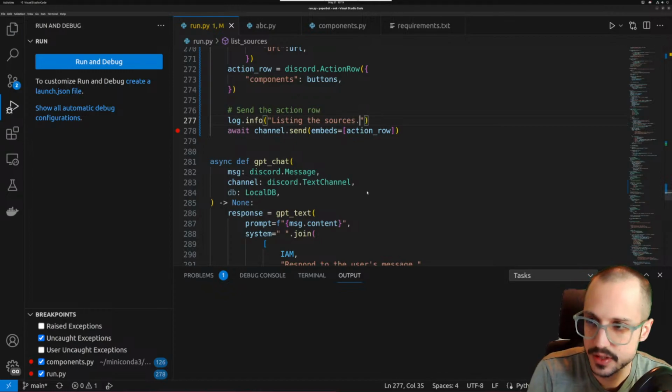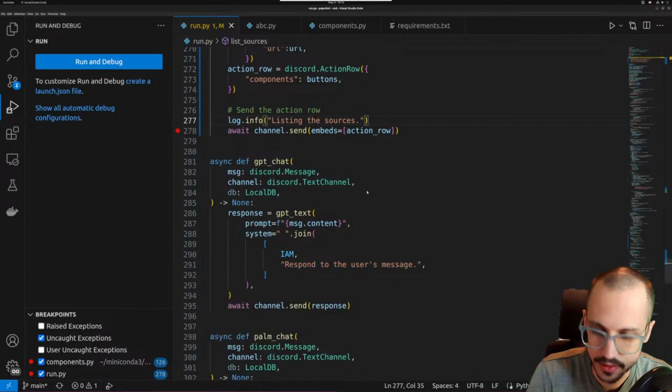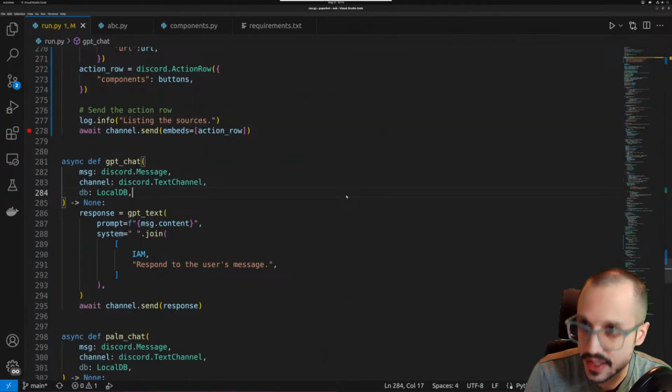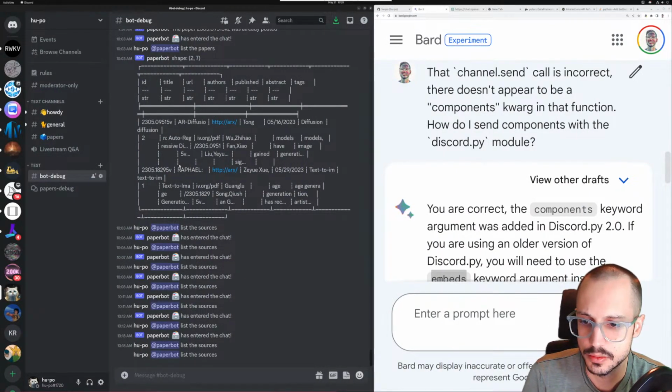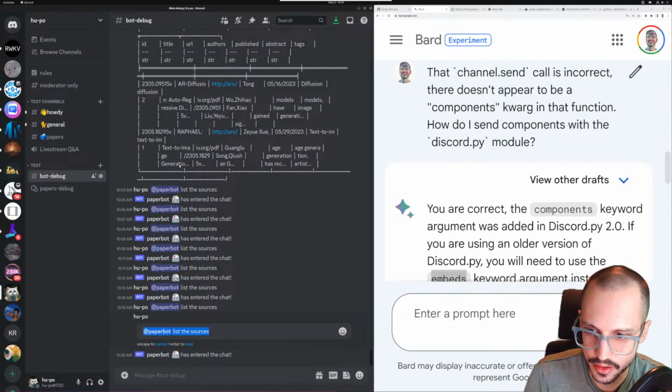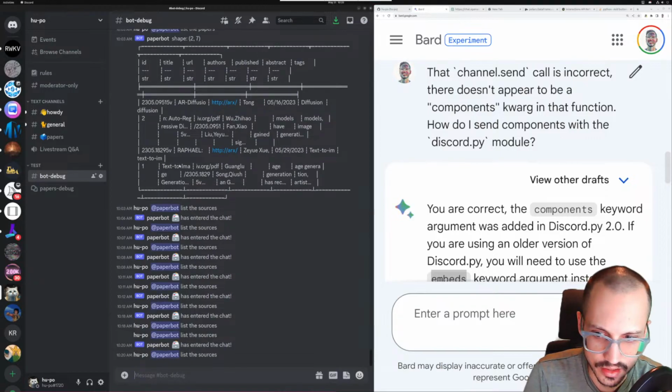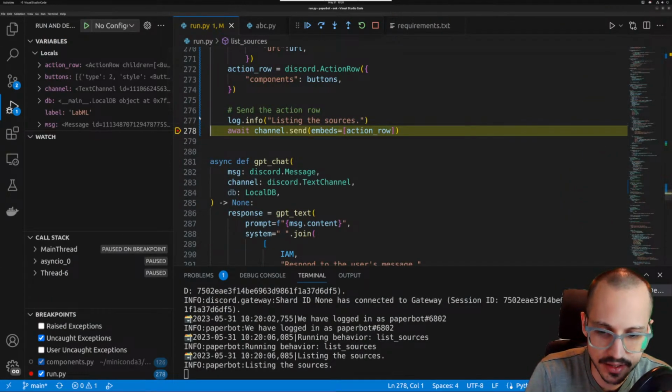Let's kill this. Let's get rid of all this crap here. Just sometimes it's worth resetting these. Should be Paperbot has entered the chat. There he is. Or it is. I don't think Paperbot has a